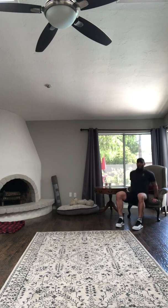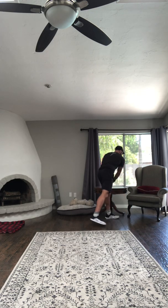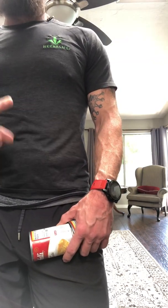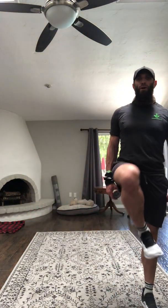From here, if we needed help, we could always push off the hips. We go into 20 total dips off the chair, dips off the bench, or dips off the floor if you want to progress this at home. Okay, we're gonna go through 3 rounds on this, and our finisher today is gonna be a lateral lunge with